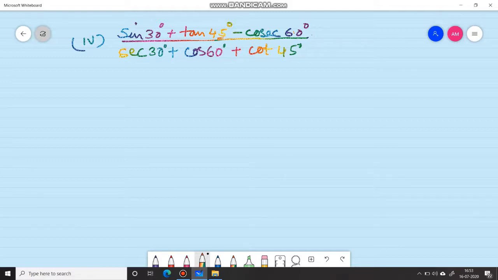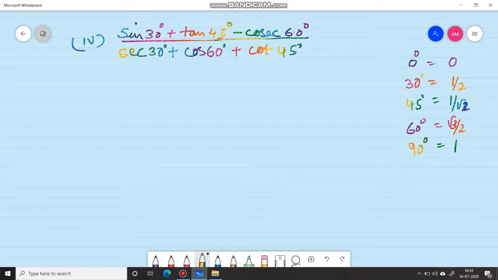I have told you, write down the first line. First line is for 0 degree, sin 0 degree, your value is 0. For sin 30 degree, your value is 1 by 2. Okay, this you have to learn. Sin 45 degree, your value is 1 by root 2. And sin 60 degree, it is root 3 by 2. And next comes sin 90 degree, that is equal to 1. If you know this much, it will be easy for you to solve this.